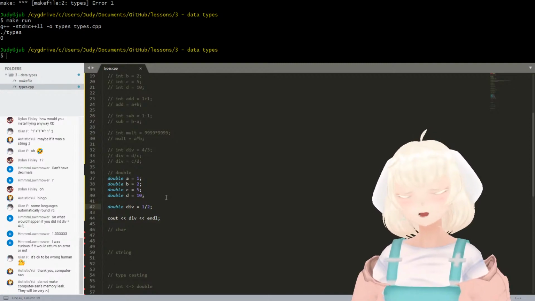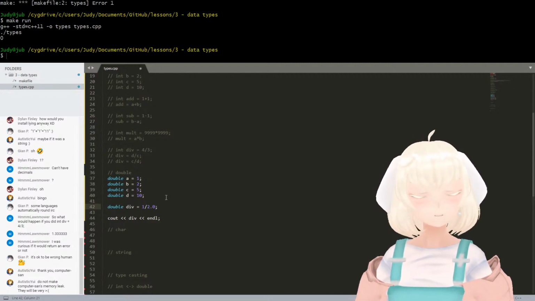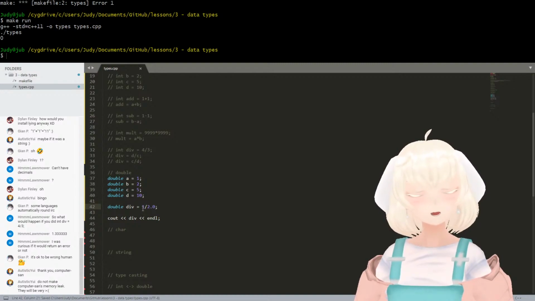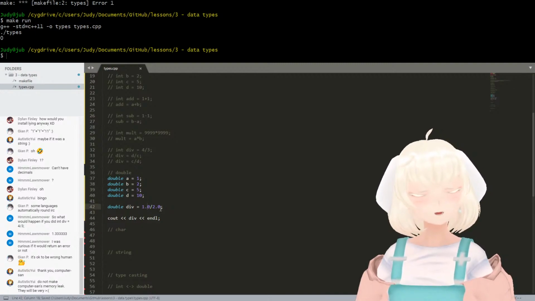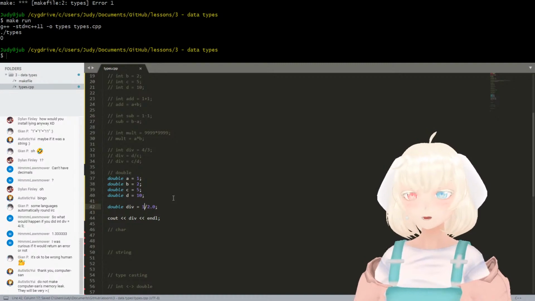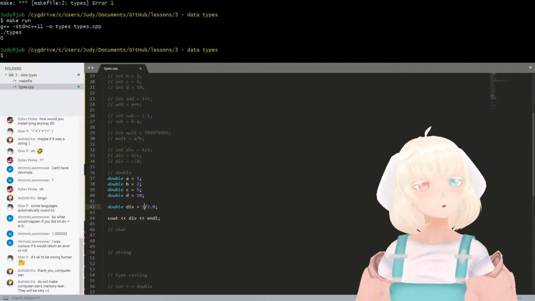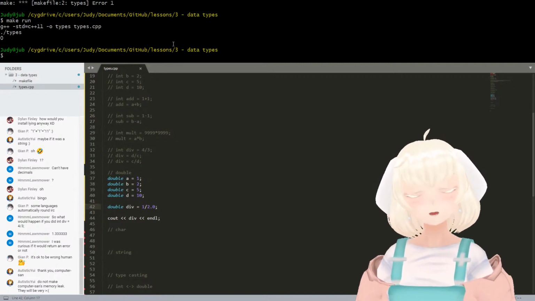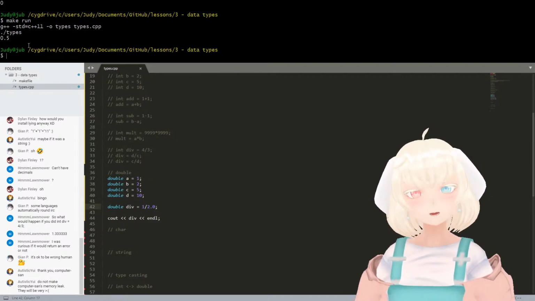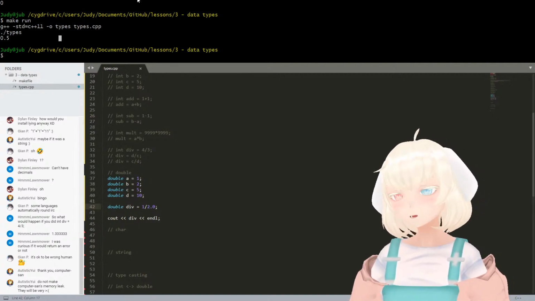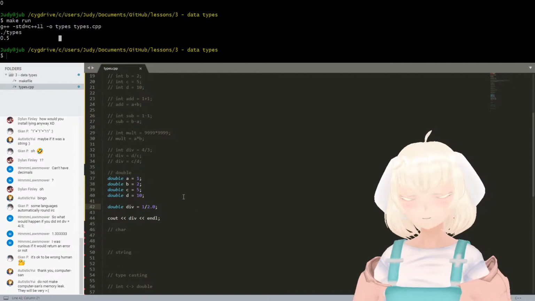How we fix that is we turn one of them into a double. We can just put 0.0 into one of them. We can turn either of them into a double like this. As long as one of them is a double, it'll give us a double as the answer. And if we do this, yes, now it gives us 0.5, which is more of what we expected, right? And